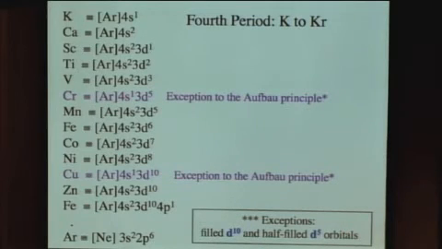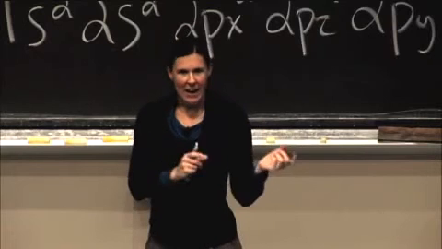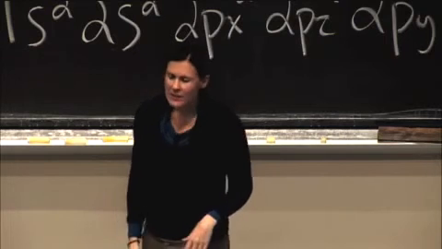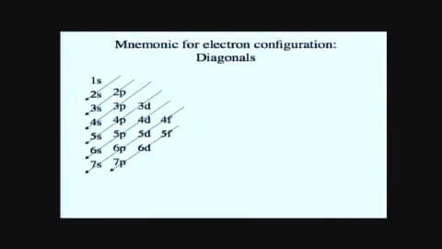So those exceptions would be with molybdenum and silver, the corresponding elements in the fifth period, where you're going to see the same case here, where it's lower in energy to have the half-filled or the filled d orbitals. So here's the mnemonic I mentioned for writing the electron configuration and getting those orbital energies in the right